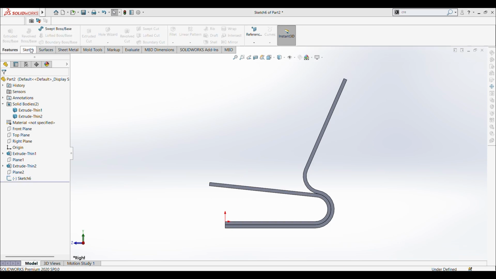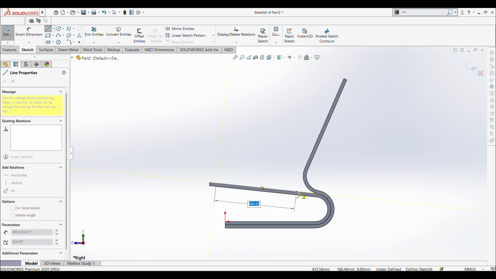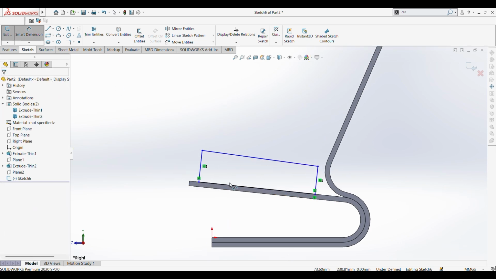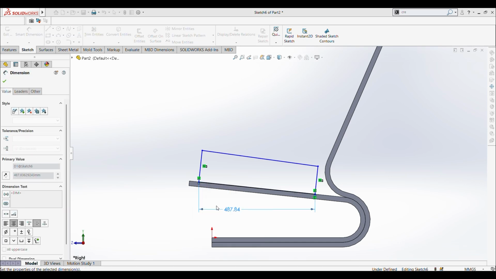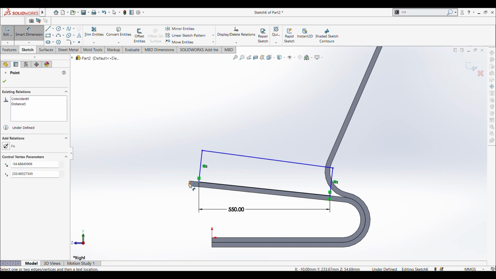Remove this sketch and again draw a line, make a rectangle like this, and give this dimension 550 mm